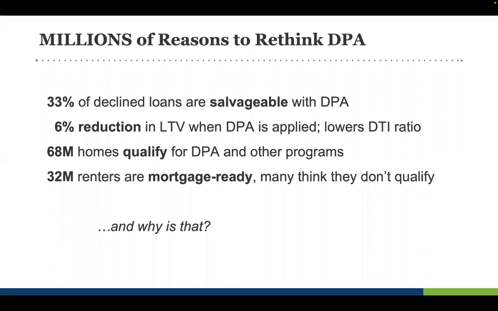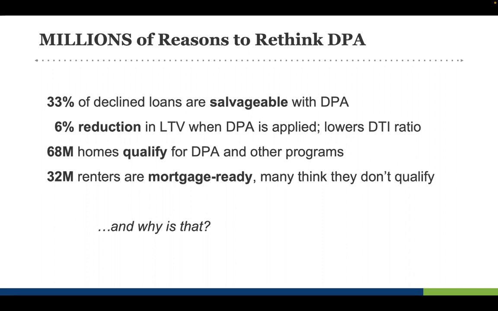6% average reduction in LTV when down payment assistance was applied in that same study. So we looked at the best available DPA program for all of those declined loans. And when we applied the best available program, that was a 6% reduction on average in loan to value. I gave you that scenario earlier, getting from FHA to conventional financing by using a DPA program. There's the case in point. It plays out. We've quantified the potential impact. And we also know that it's going to lower ratios while you're doing that because of those compounding benefits, right?